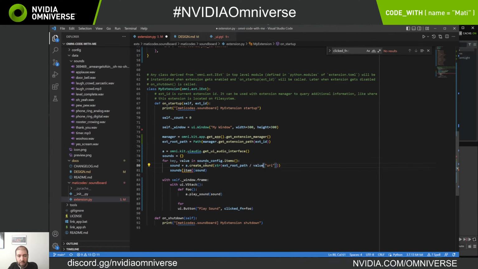Totally messed this up. There we go. So now they use the same key, and the value will be, for this one, just the sound object. So now theoretically, if I loop through this again,